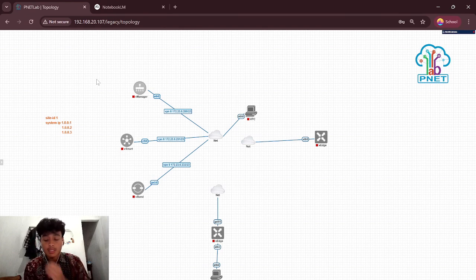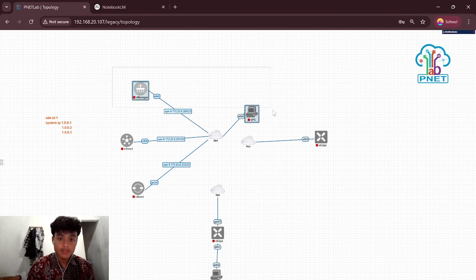And the last is cloud optimization. SD-WAN provides secure and efficient direct access to cloud services, reducing latency compared to backhauling traffic through a central hub. And then I will explain